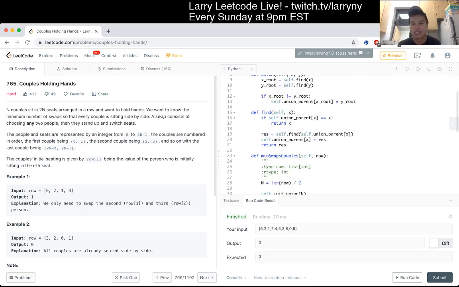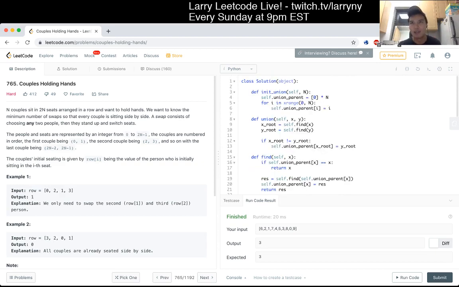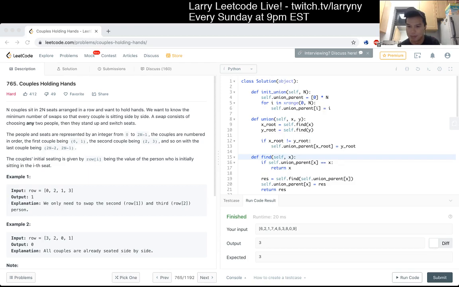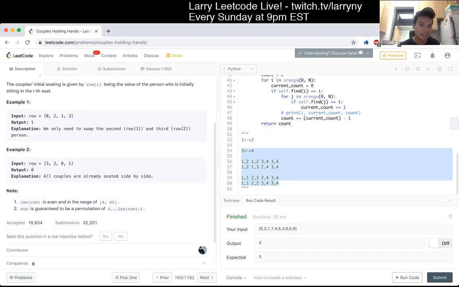That's why I forced myself to do it, to be honest, a little bit on stream, because if I were to do it again, I probably would have done a depth first search if all I'm optimizing for is correctness. But here at least I get to practice union find, which is good because, as you saw, I had a couple of mistakes here and there, even though I knew the algorithm relatively quickly, and this ended up taking about 40 minutes. But in terms of describing it, I think I drew some examples in the beginning. I don't think I could describe this adequately given this context, but